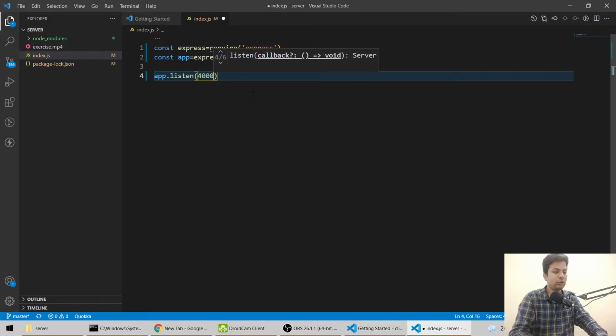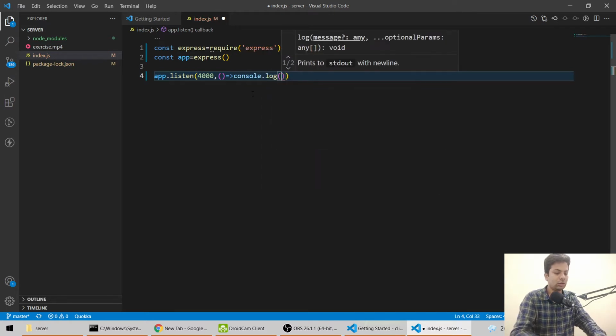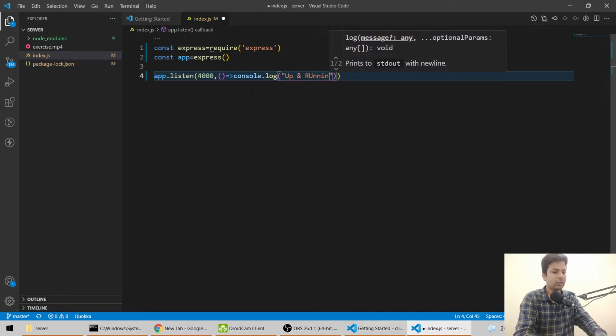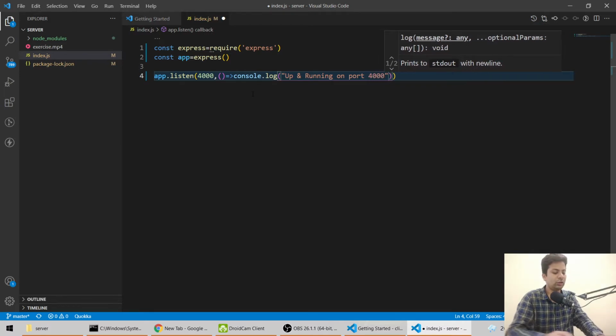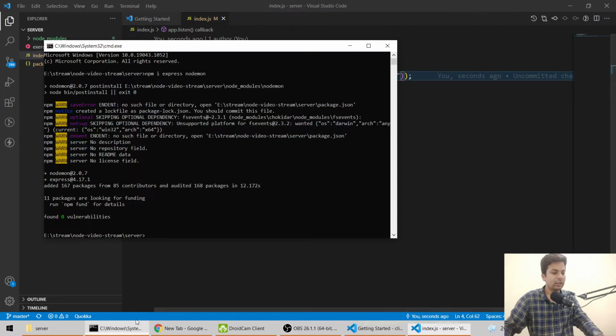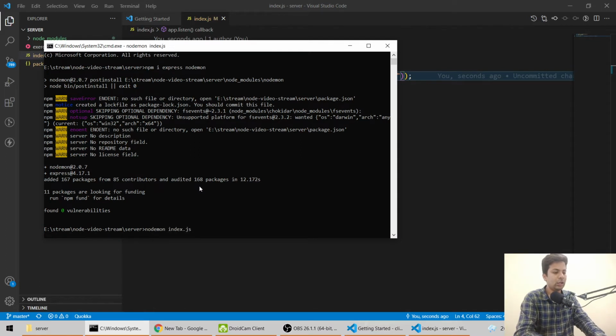On port 4000. Then we'll make a console.log, app running on port 4000. Okay, let's save it and try to run it. We'll say nodemon index.js.